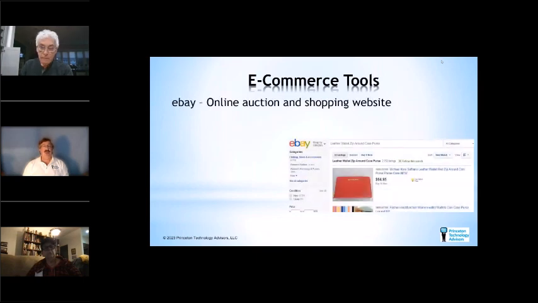One place you can buy and sell online is eBay. It used to primarily be an auction website where people bid on stuff and the highest bidder won. But eBay has almost entirely shifted to really e-commerce, just buying, purchase now, buy it now.